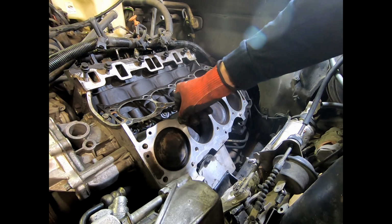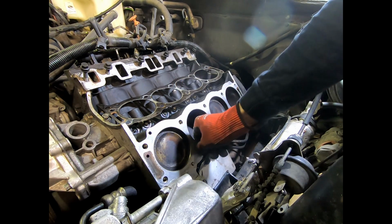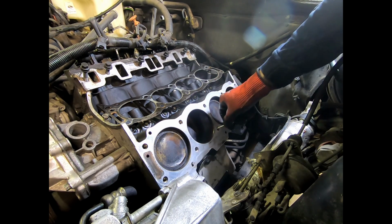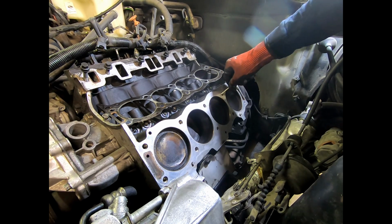First thing I did was I very gently blew in these with compressed air, and a good amount of oil came out, and you don't want to have too much pressure. You'll just make a big mess and get it all over your face. No one likes that. But stick it in, spiral out,